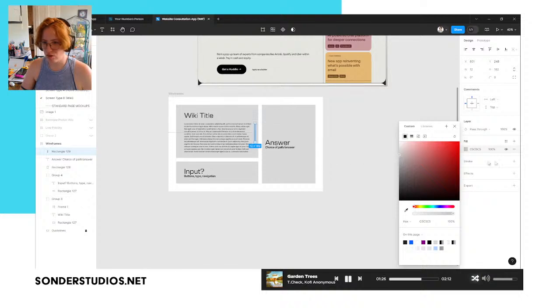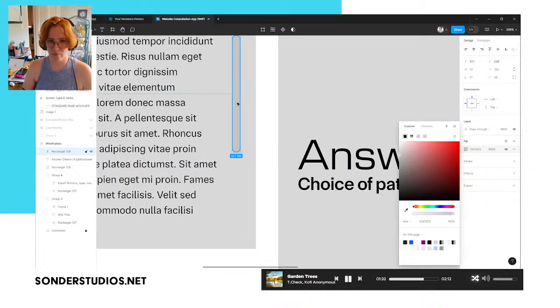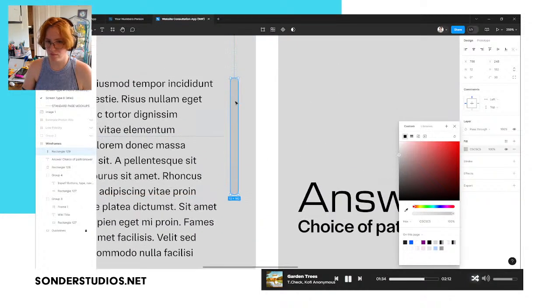Make this a little bit darker of a gray. Curve those edges. Nice, nice, nice. Oh, thank you, Hazel.